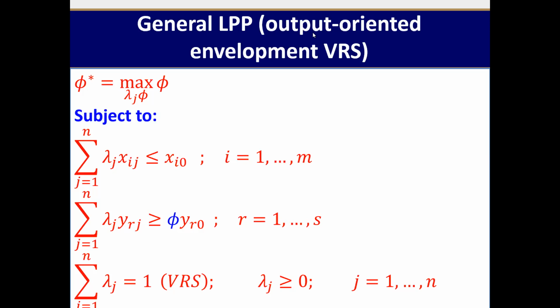And j here is equal to 1 to N. N is the number of DMUs, and j is the index of the DMUs, from 1 to N. Okay, thank you. So guys, I want you to understand this is an output-oriented model,